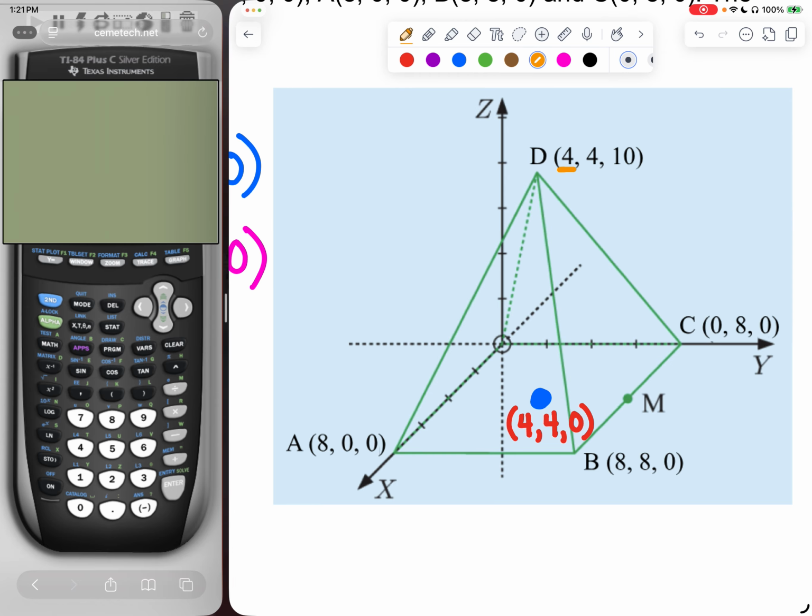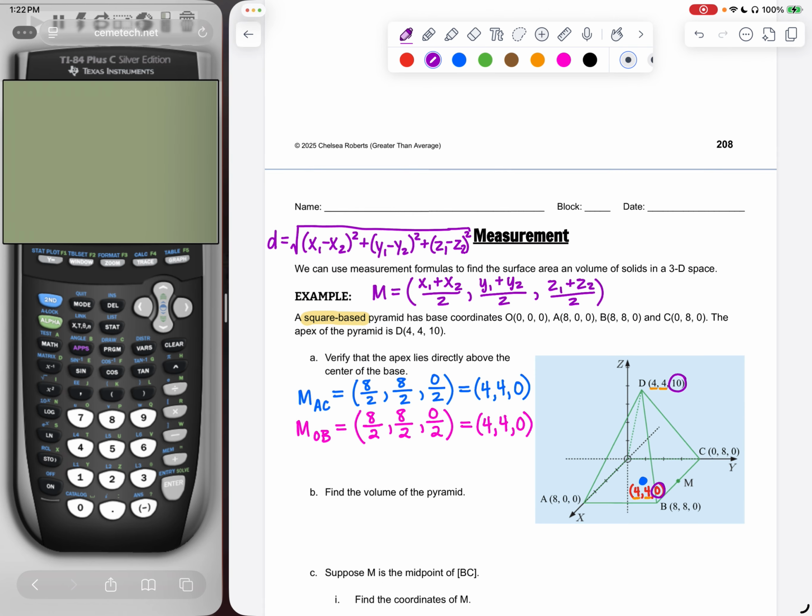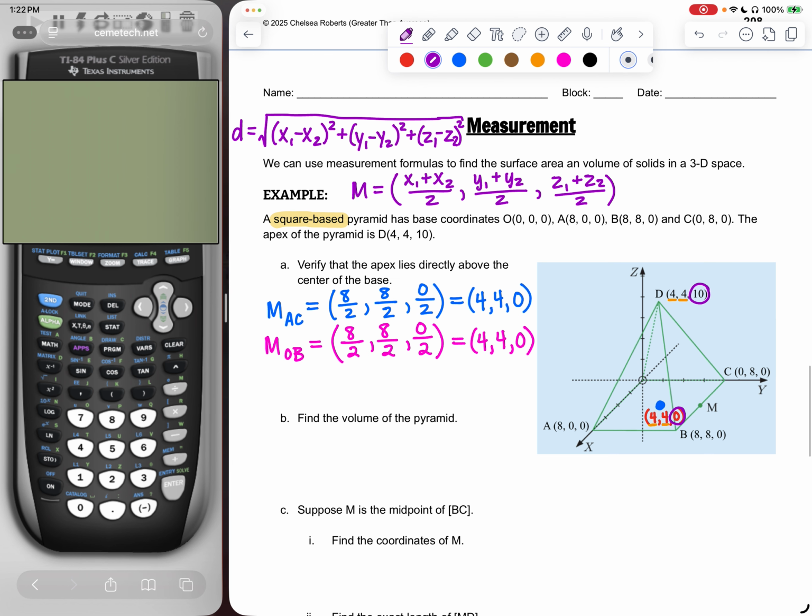My x's and my y's are both 4s. The main thing that is different is the z values going from 0 to 10. So I can tell here that from 0 to 10 is going to be the height of the pyramid. So when it says, does it lie directly above the center of the base? The answer is yes,